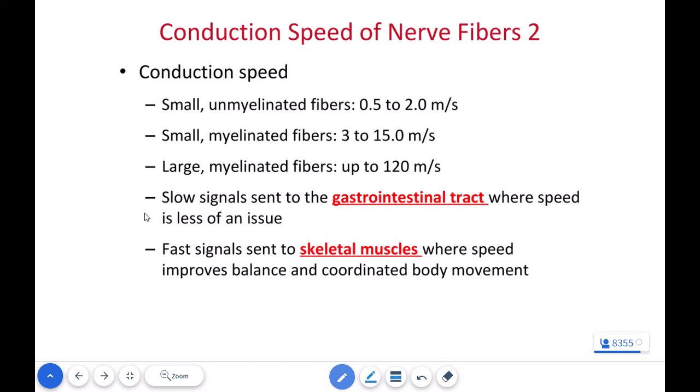Now, in terms of where we have fast signal speeds and slow signal speeds, we want to have fast signal speeds primarily in two parts of our body. We need those fast signal speeds associated with sensory perceptions that will help us to avoid bodily harm. So we have lots of fast signal conduction with pain receptors. We're also going to have lots of fast signal speeds for skeletal muscles. We need to be able to coordinate and control our skeletal muscle nearly instantaneously, because if we can't coordinate and have that quick signal speed to our skeletal muscles, we'll be very uncoordinated, very clumsy, and have more damage to